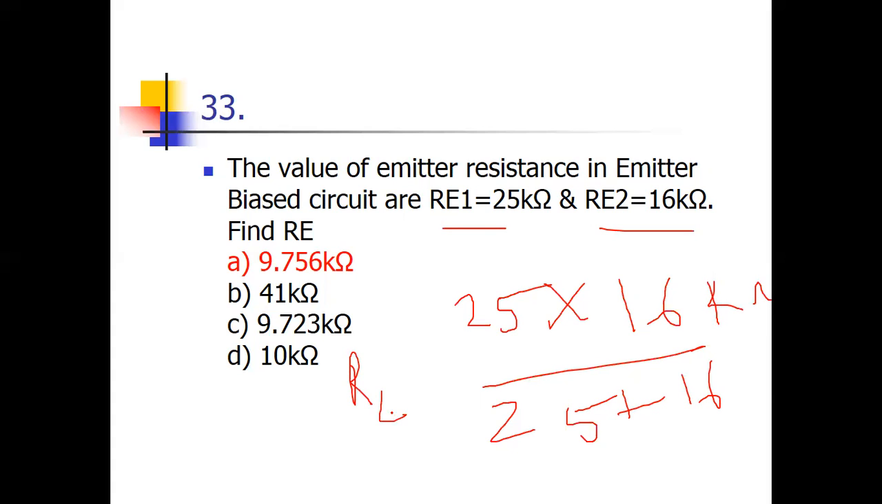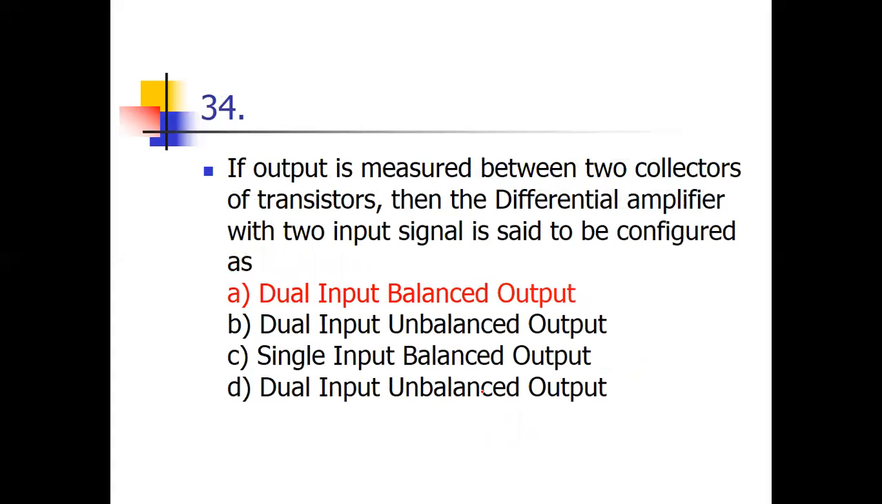So just pause the video, solve this and check whether you are getting the correct answer or not. Okay. If output is measured between two collectors of transistors, then the differential amplifier with two input signals is said to be configured as. Now remember, for a differential amplifier, we are applying two inputs and we are getting output at